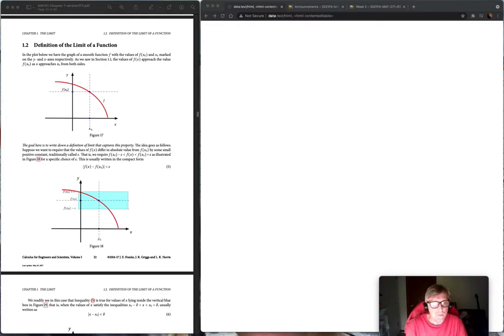All right. So the book starts off in this section 1.2 talking about the definition of a limit that captures a certain property. And the property that we talked about is that as x approaches this x0 from either side, x closes in on that value. We're hoping, if a limit exists, that y closes in on this value. So what we would ascertain from this picture,